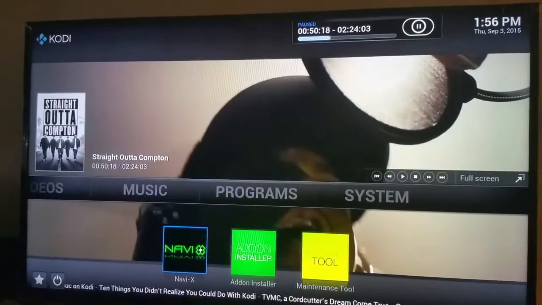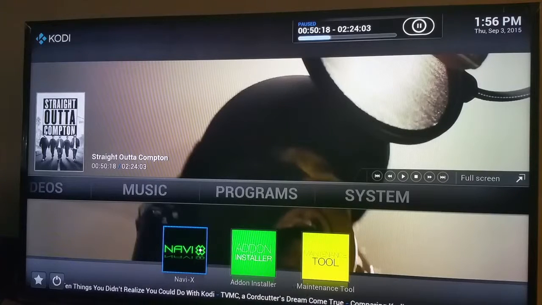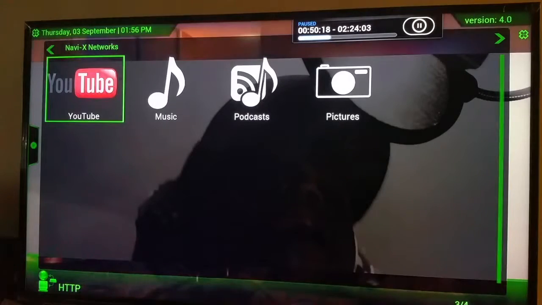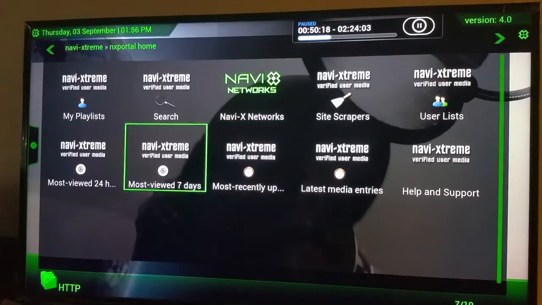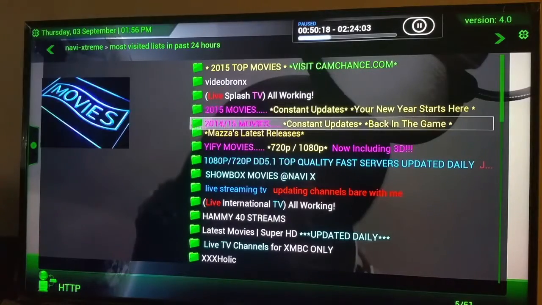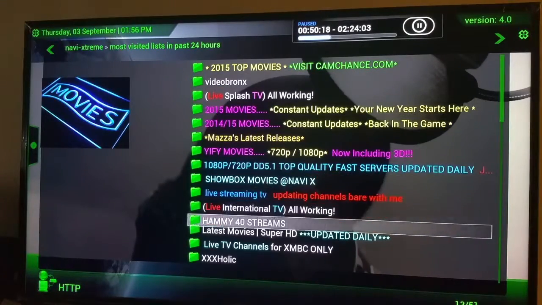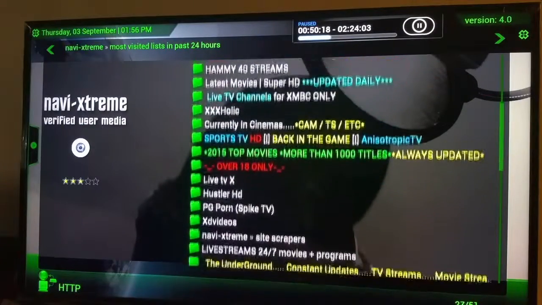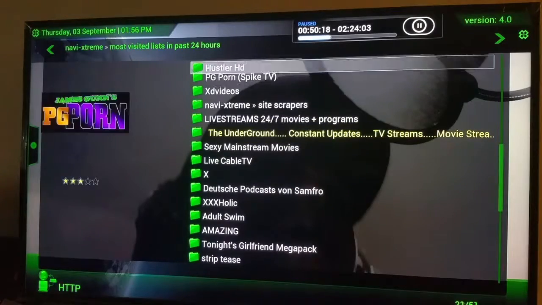Programs, you really don't ever got to mess with this unless you're going to use NaviX. NaviX is a whole another system within its own. Within Kodi, it's really endless. You have to know what you're doing in order to not get so lost on it. Mess around with it by all means. But it can be confusing if you don't know what you're doing. You can go to most viewed, 15 movies, constant updates, Showbox, Triple Xaholics, Live TV. It's got everything you can think of in here